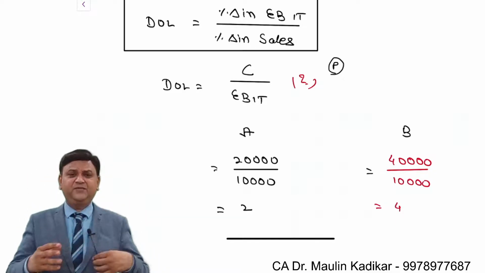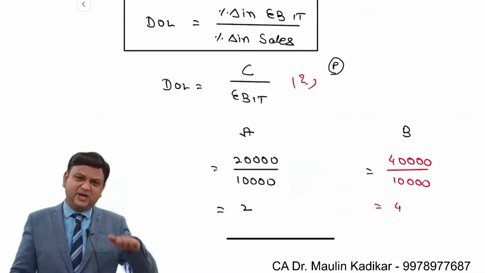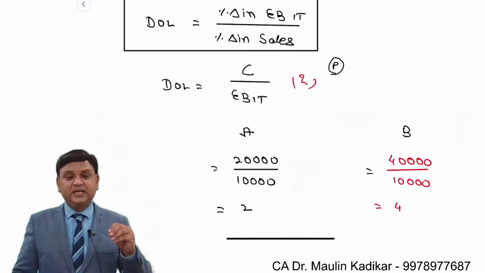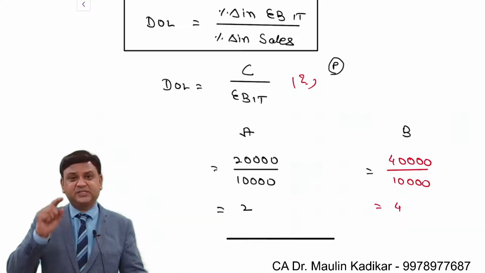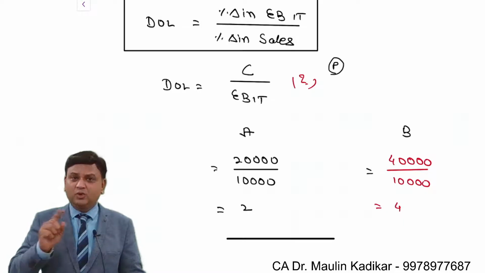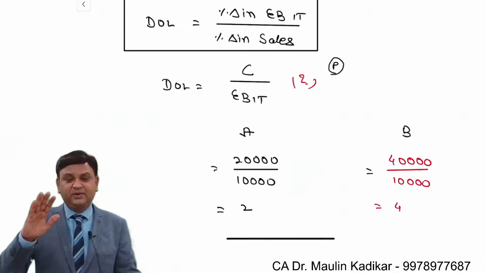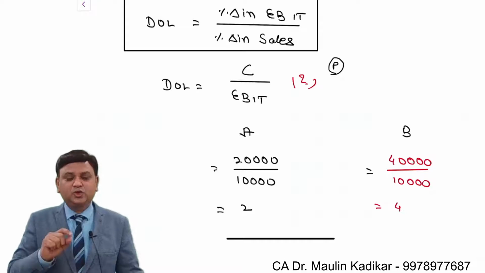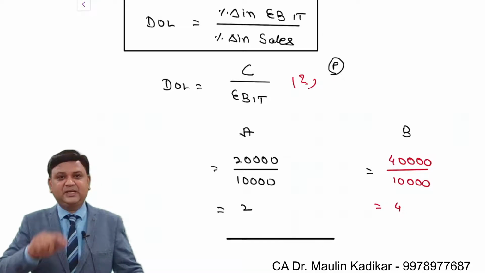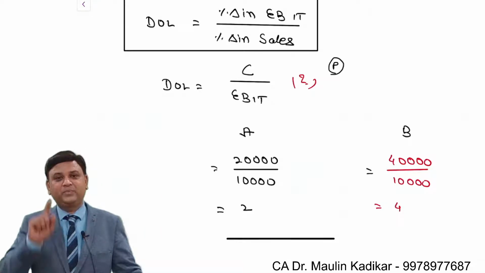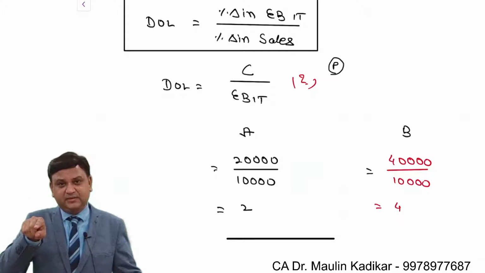And if the management is expecting a downfall in sales, then in that case you should select a plan which has lower leverage. Lower leverage से क्या होगा कि जब हमारा सेल्स गिरेगा ना तो ऑपरेटिंग इनकम में कम गिरावट आएगा। दर्शित, आर यू क्लियर और नॉट? नीचे लिख के बताइए बेटा।